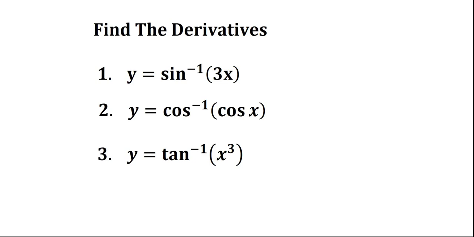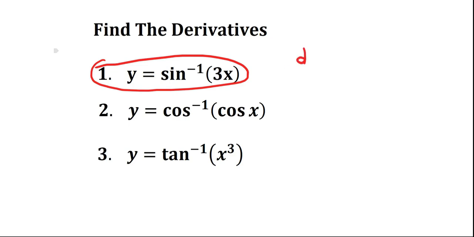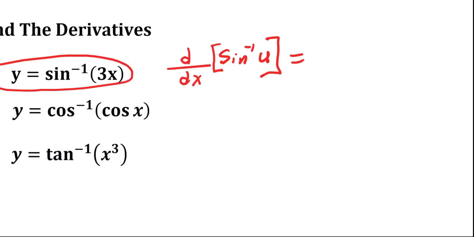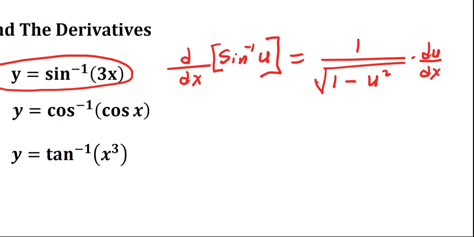Alright, to solve this first question, we are going to use a formula: d/dx of sine inverse of u is equal to 1 over the square root of 1 minus u squared, times du/dx. So now u